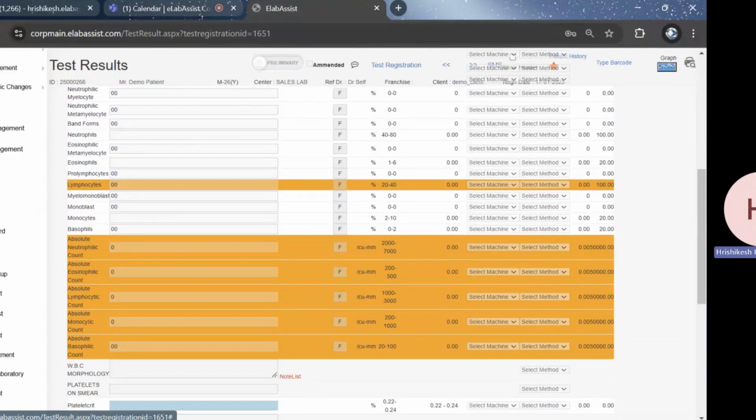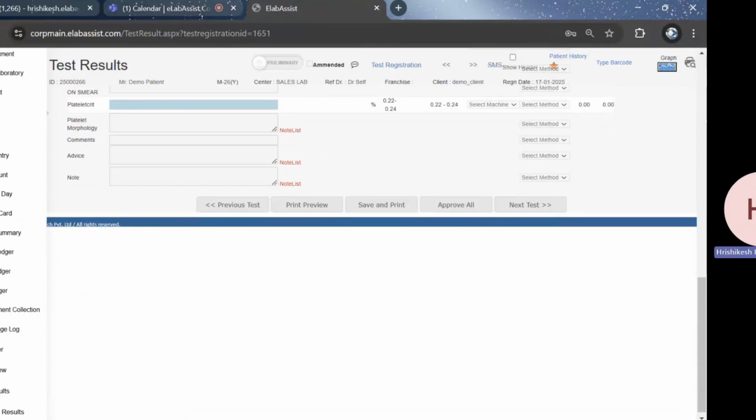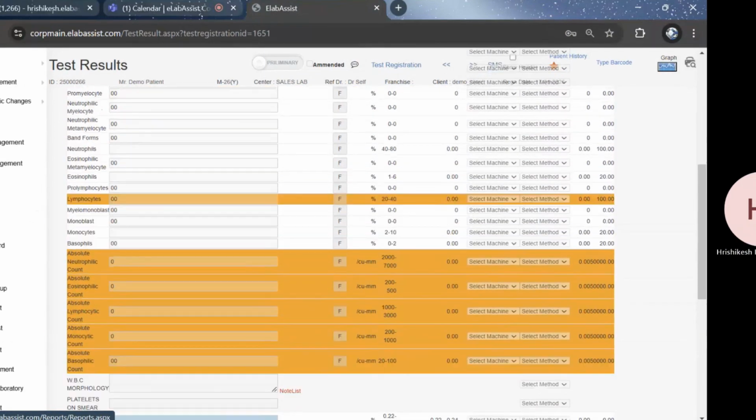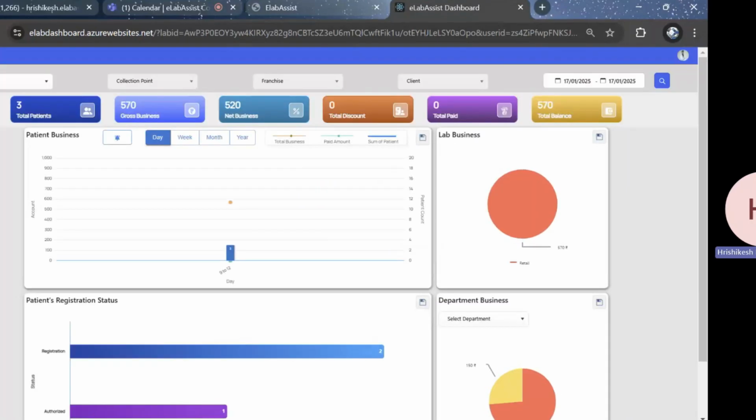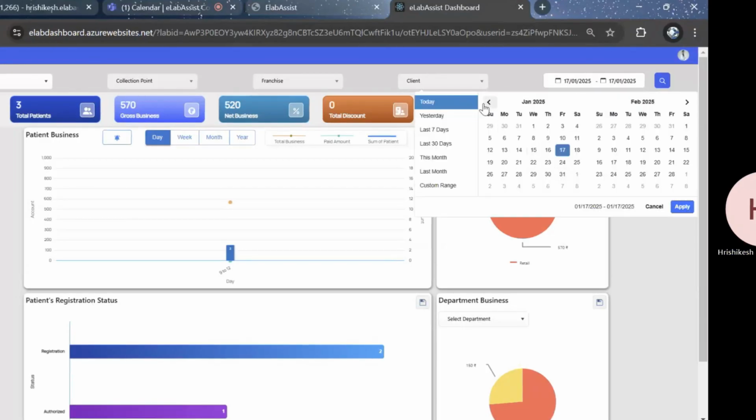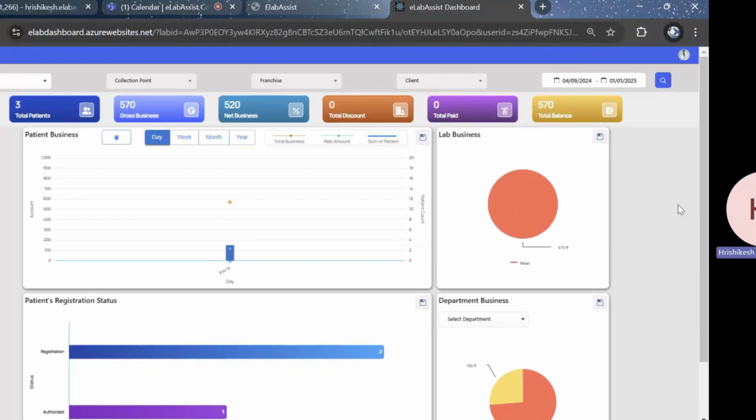Now, as an admin, we will just jump quickly to the dashboard. So this is the eLabAssist dashboard. It gives you statistical data for your pathology lab regarding the counting and sample status. Let me just put in some previous data. Yeah, so if I'm taking the data from the past of October,